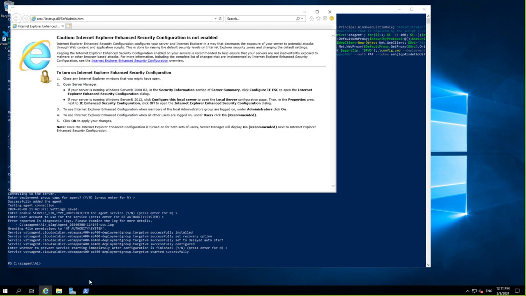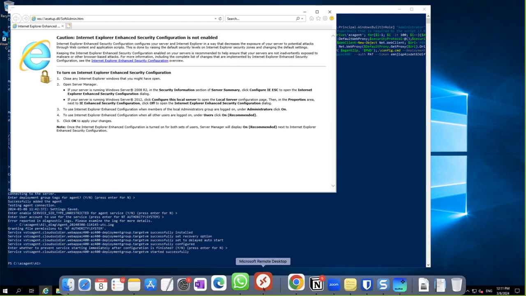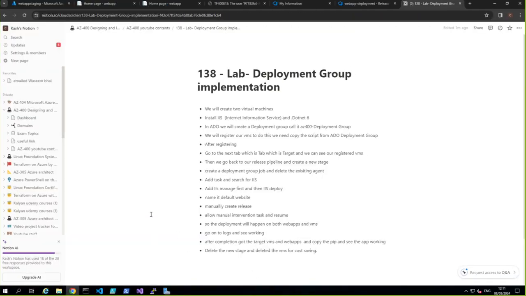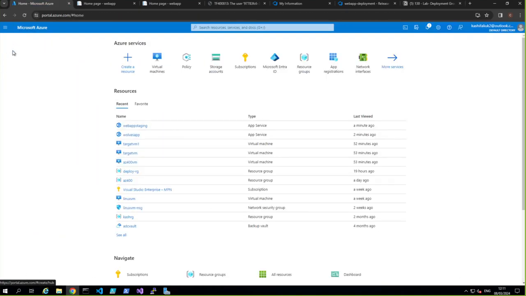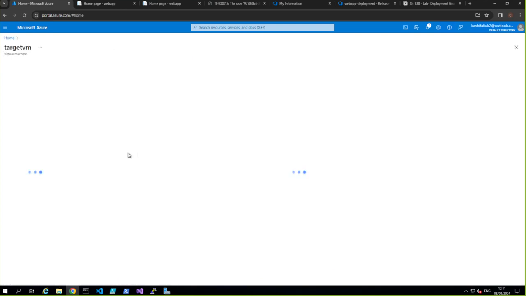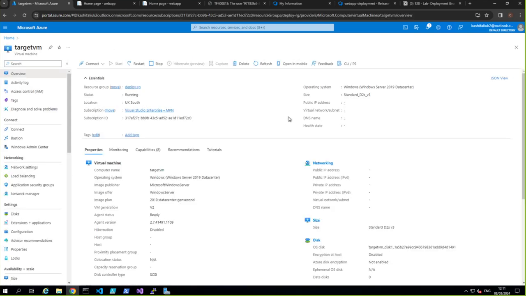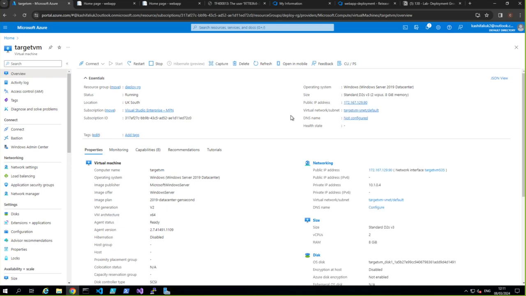we can check. If you go to, stay in the same machine, and we go to our virtual machines, target VM, copy this. We don't have to go into the machine to check it. If you go to public IP and copy here,